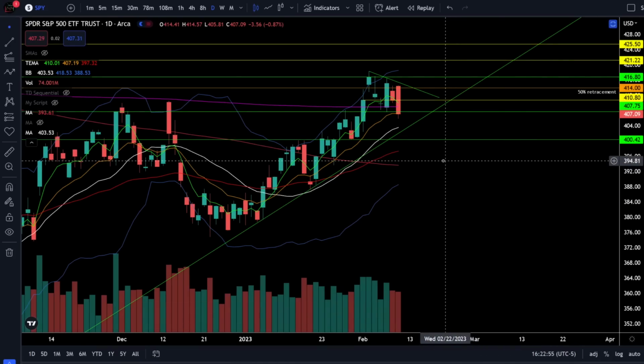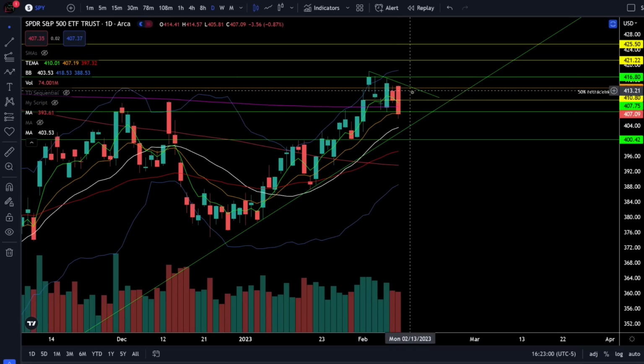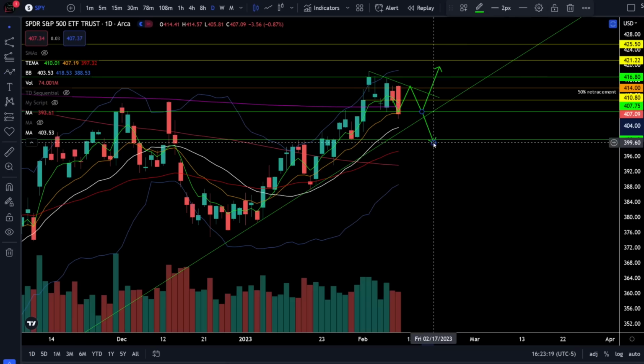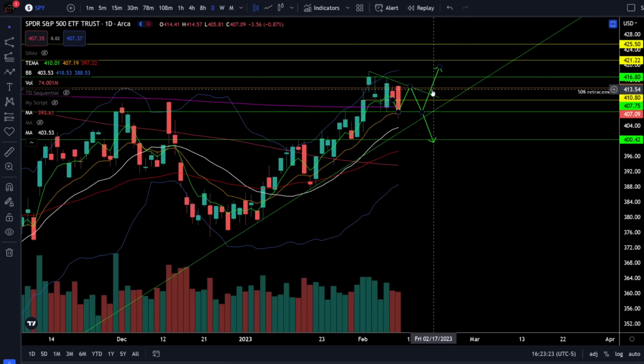Alright, today's SPY was down 0.87%, and it does look like we're going to continue consolidating in this trading range until we either get a break of support or a break of resistance. Just last night I was talking about the possibility to ping pong between this range until we get CPI data. And then once we get out of this range, we are going to see price action breaking down through the support trend line or out through this resistance above, and that is going to set the next leg